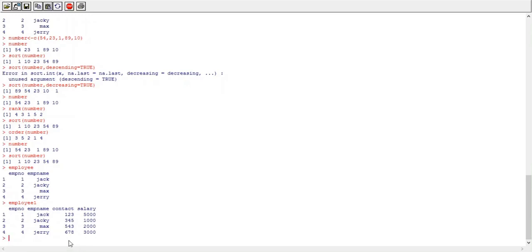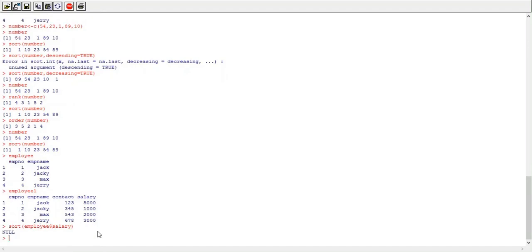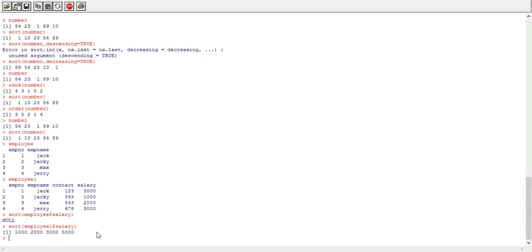Now suppose I want to sort this data frame by the ascending order of the salary column using the sort function. My syntax will be sort(employee1$salary).